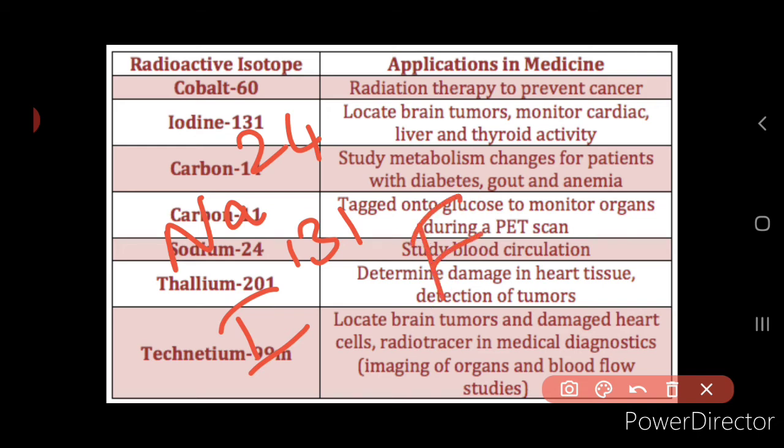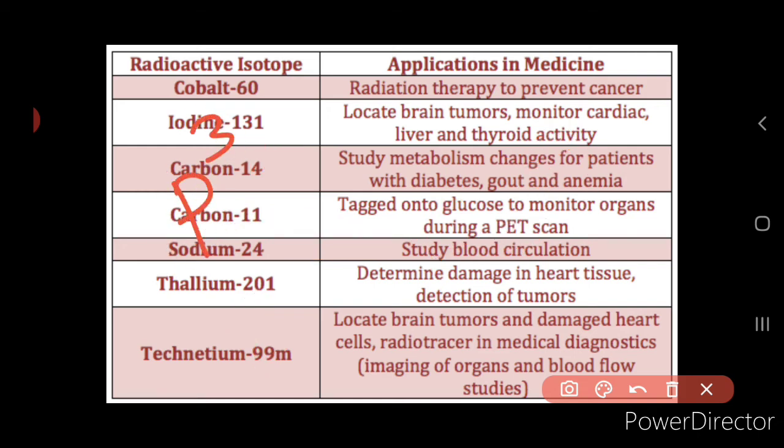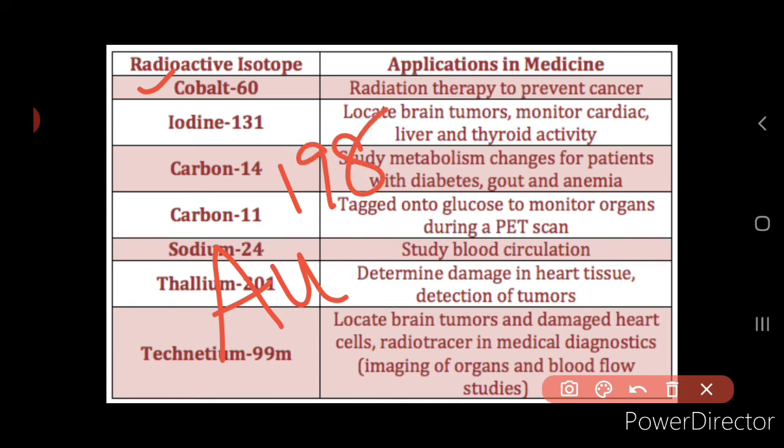Iron-59 is one of the radioisotopes used to diagnose and treat anemia. Phosphorus-32 is a radioactive isotope used to treat skin diseases, if any. Radio gold, that is Au-198, is also used in the treatment of skin cancer, especially. And the radiations are also used to sterilize surgical devices like knives, scissors, etc., and